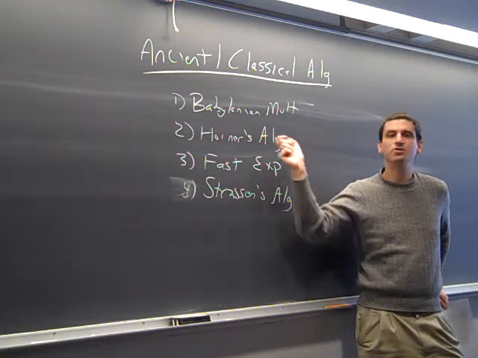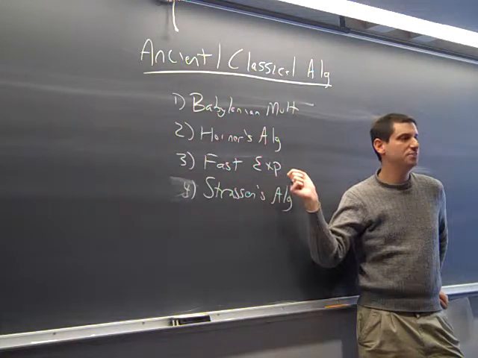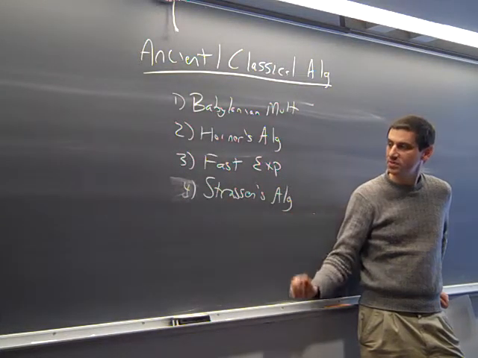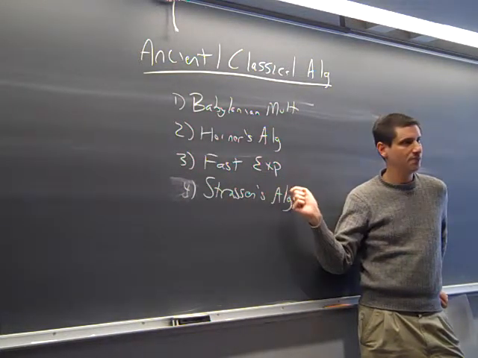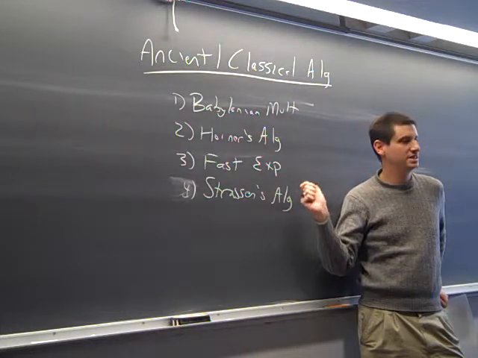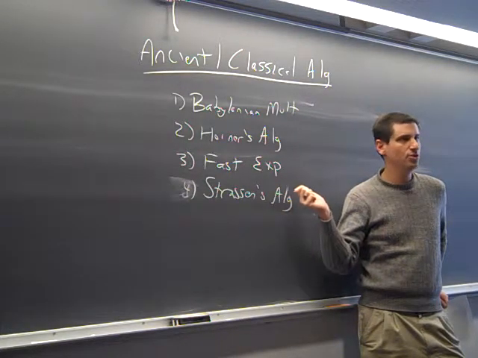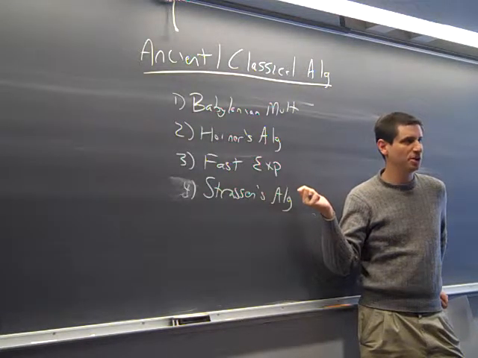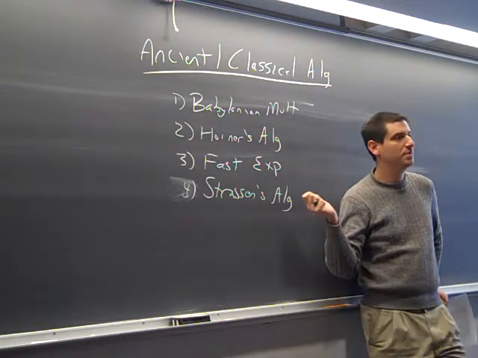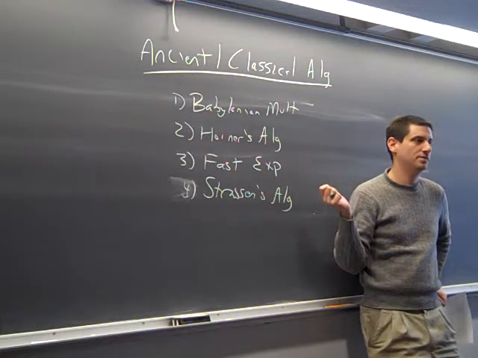And so fast exponentiation, we're going to see better ways of multiplying. And this will lead beautifully and immediately into Strassen's algorithm. A lot of these things are very easy to state. You can go to Wikipedia and look at Strassen's algorithm, and 2 minutes later you've understood Strassen's algorithm. It's a better way to multiply matrices, much faster than you would expect.